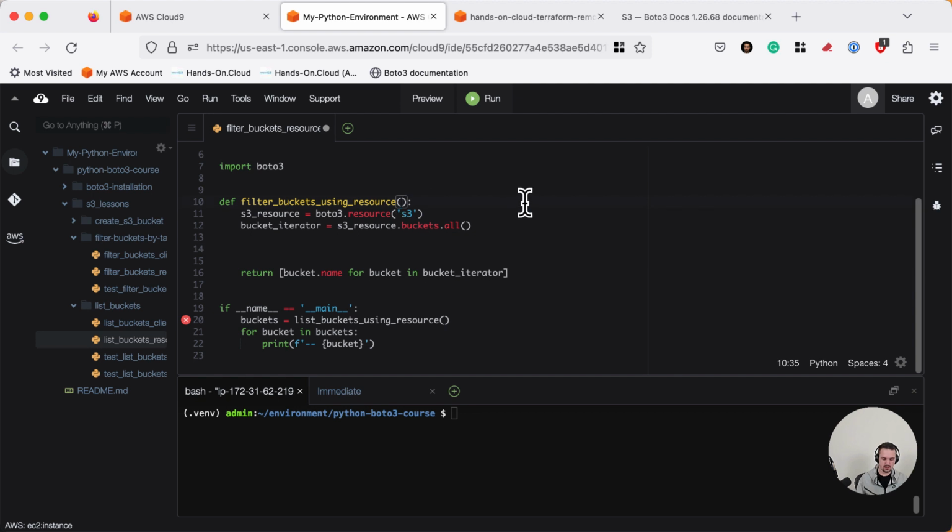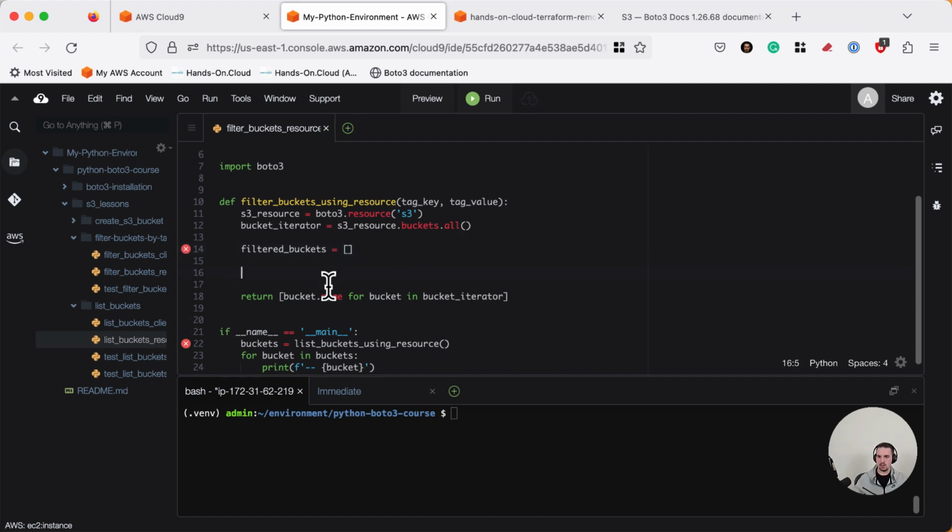So let's add the tag key and tag value as a method arguments, and create an empty filtered buckets list, right? Now, let's return filtered